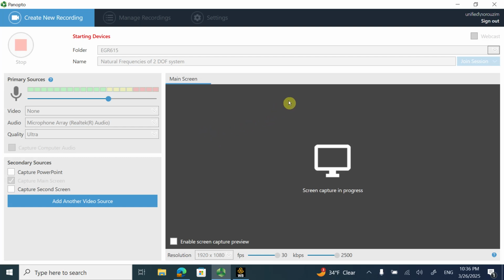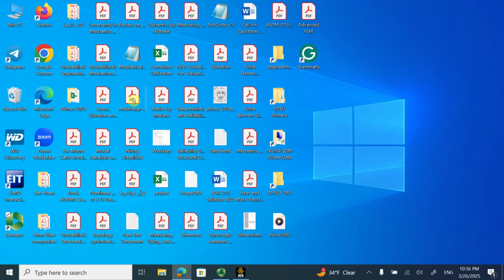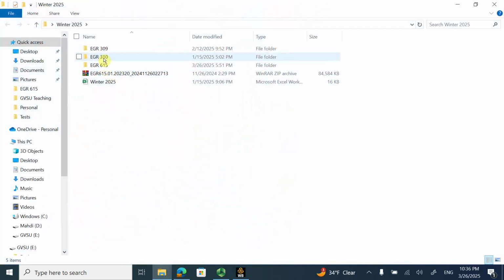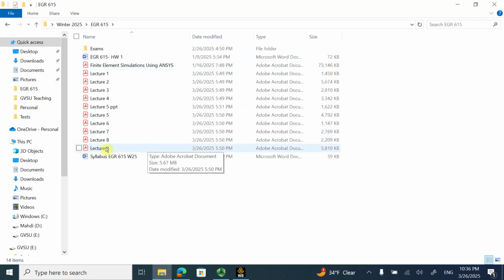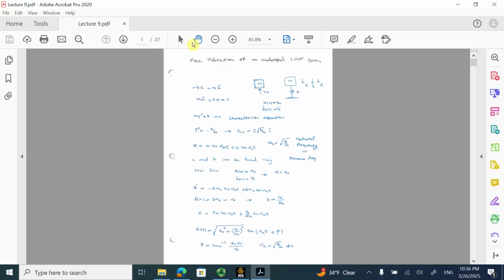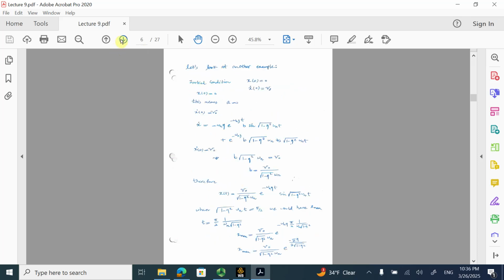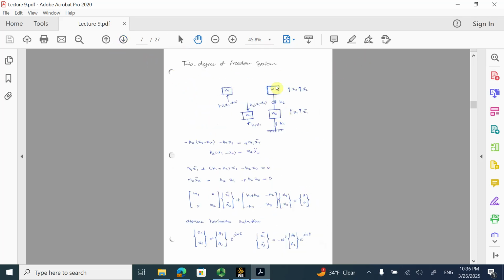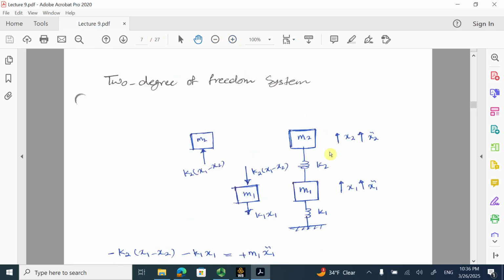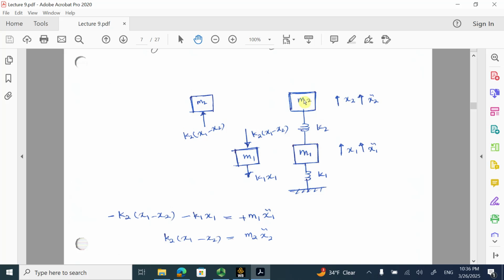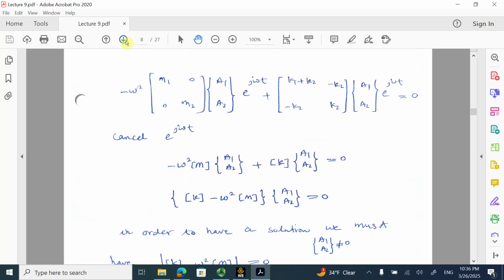I'm going to find natural frequencies of a 2 degrees of freedom system using ANSYS Workbench. So let's see. At first, let's review our 2 degrees of freedom system. So what you're going to do is this system, the 2 degrees of freedom system. But I'm going to assume that the masses and the K's, the stiffnesses, are the same, then natural frequencies of this